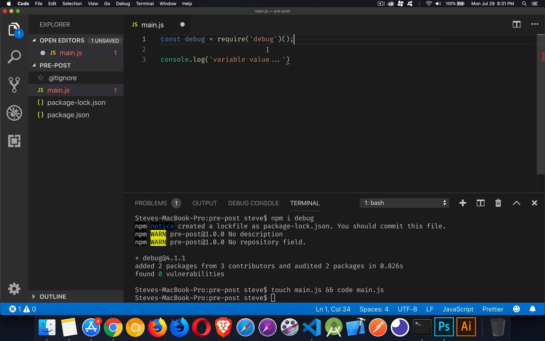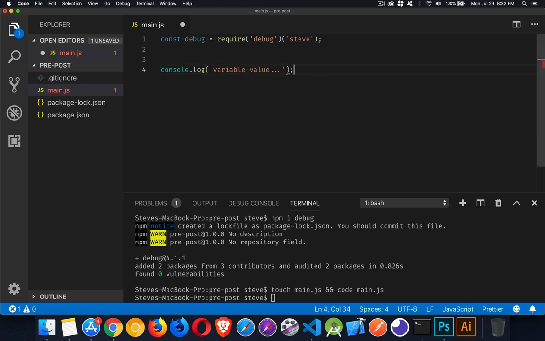So inside of debug, this is going to have a default module, which is a function. And we want to pass in a name to that. So this is going to create the function. And then we're going to pass in a name. And we're going to call it app. You can call it anything you want. If you want to call it Steve, go right ahead. Whatever you want to call it, just as long as you've got some sort of value here. That's the important part. Now, in my code, I'll leave that there so we can